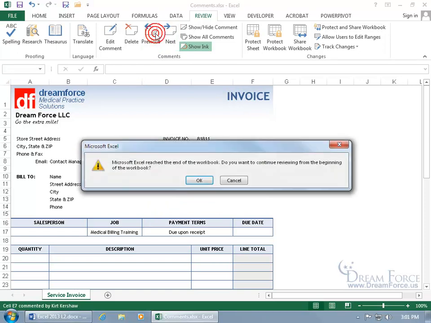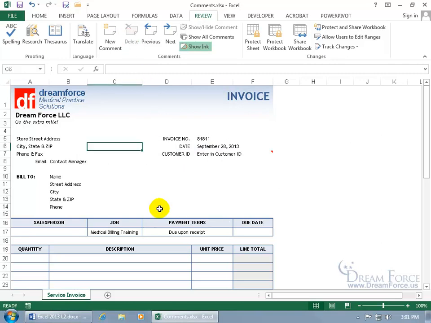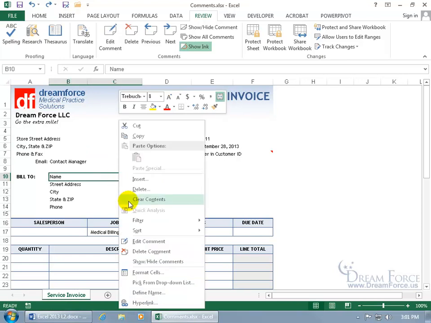So next, previous, we're reviewing. It finished reaching the end of the workbook, click okie dokie. You can also delete it and it's gone, or let me undo that. And you can right click on it and get the options to edit the comment, delete the comment, even show